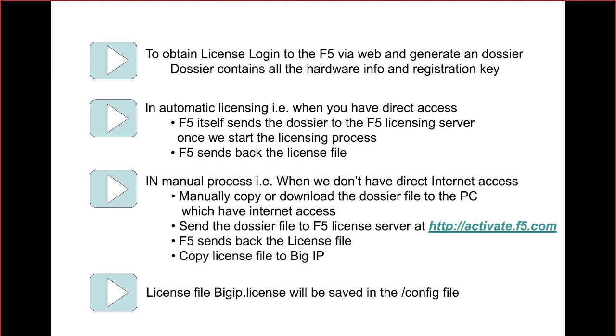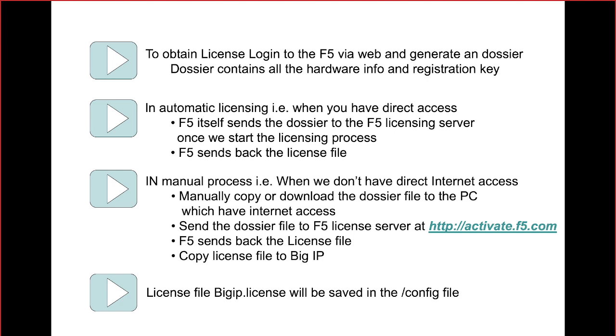One, if the F5 box has internet access, all you have to do is enter the registration key and identify the interface which has the internet access, a direct connection. Now the F5 box can communicate with the license server, the keys can be validated, and the device can be activated. Assuming that your F5 box doesn't have internet access, then the manual method is chosen.